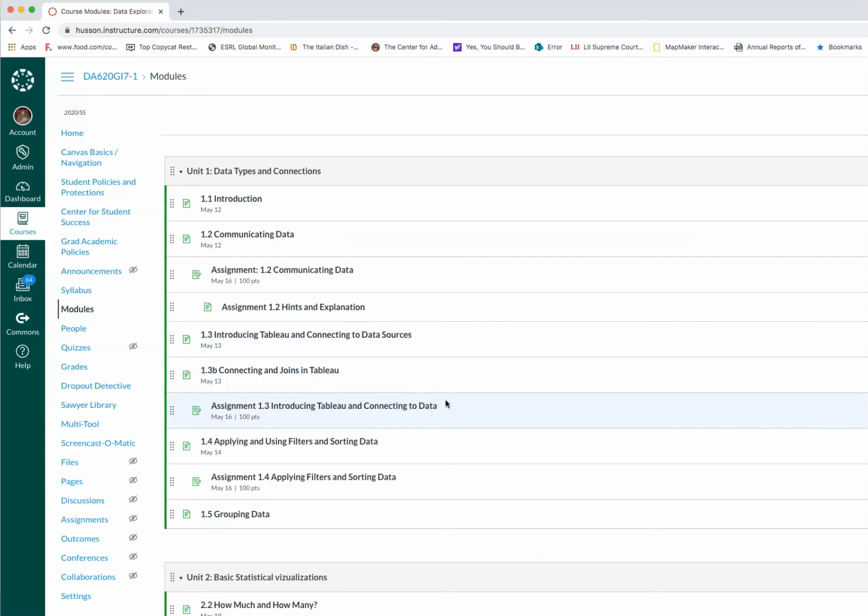But do know that one of the key things that will make you a true Tableau super user is practice. And the more practice you're able to put in, I think the more you'll get out of it. But in any case, please take a look at the materials, start reading, and I'll see you in the exercises.